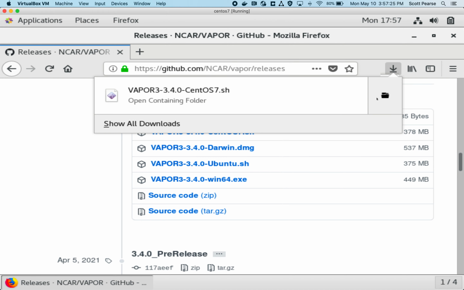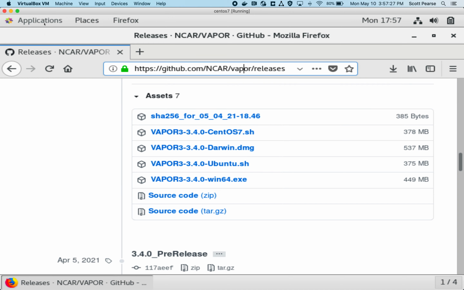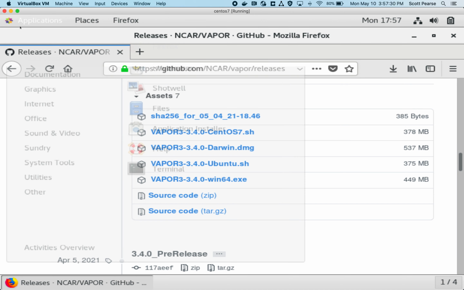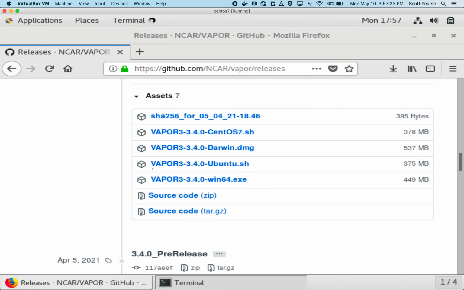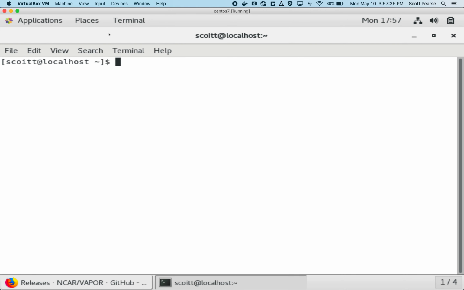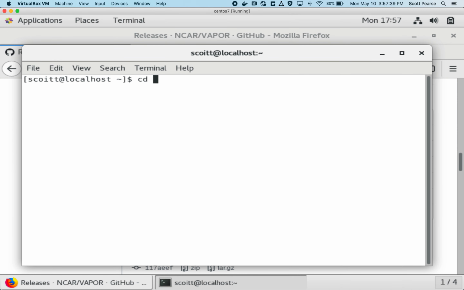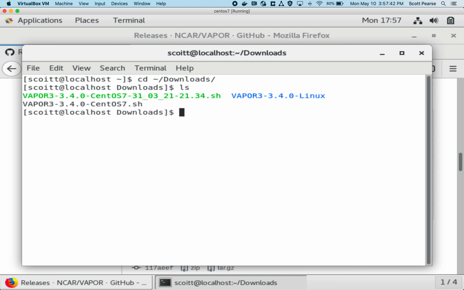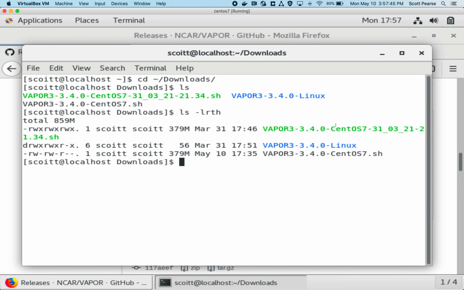It doesn't make sense to look at this in a file browser because I need to run these commands through the terminal. So I'll open up a terminal and I will cd into downloads. And then the last modified file is Vapor 3.4.0 CentOS 7. And again, we have read and write permissions for all three groups. Well, I guess only read for my current user, but no executable. So I'm just going to do a brute force chmod 777